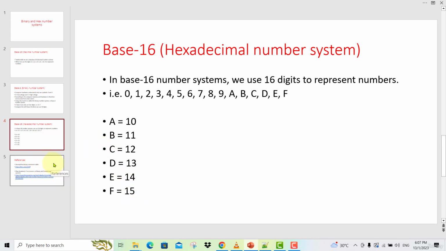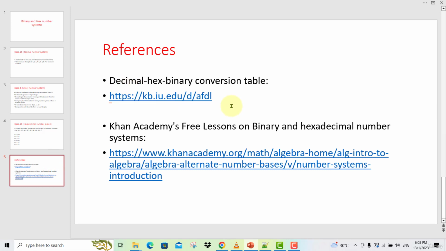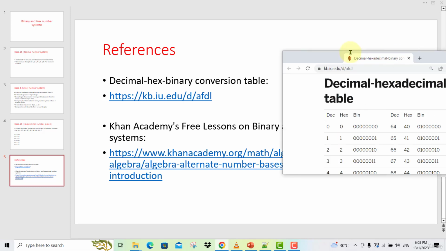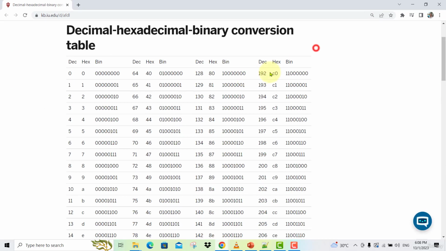Now, if you need to know further about these number systems, I give you two references which are quite useful. The first one is where it shows you a table of the conversion between the various number systems. The first column is your decimal number, the second column is your hex, and the third column is the binary